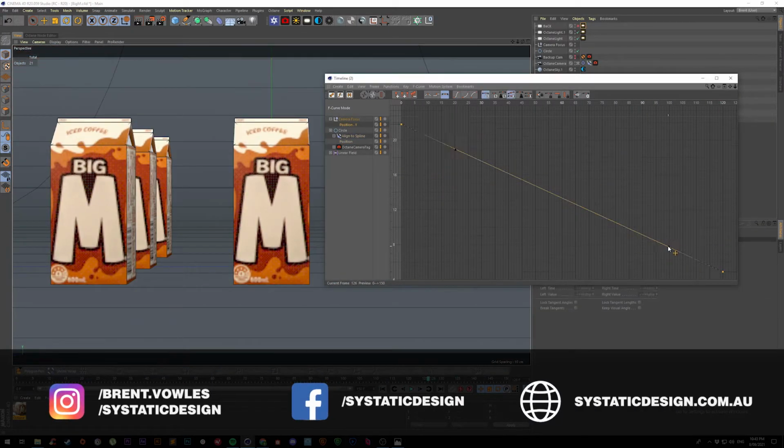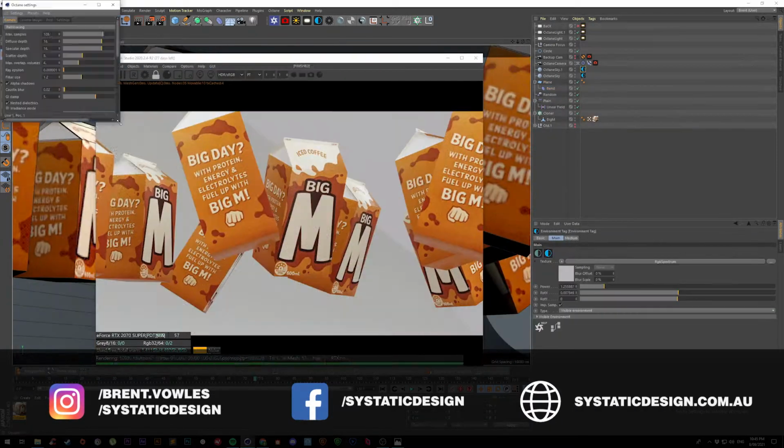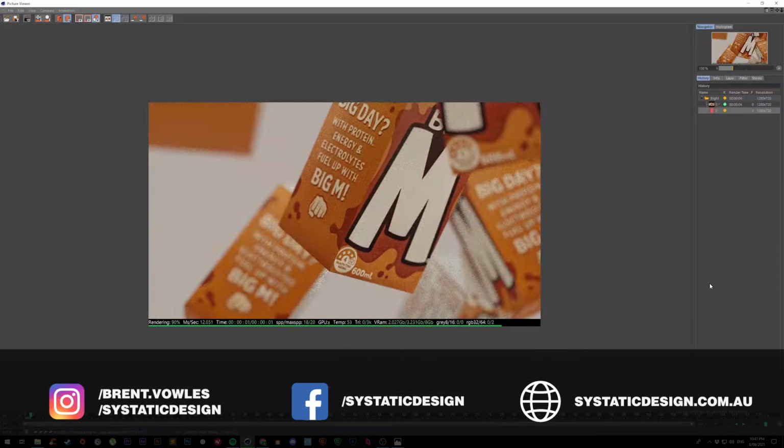3D can often be quicker, cheaper, and more flexible for your workflow. If you think you have a project that could use 3D,